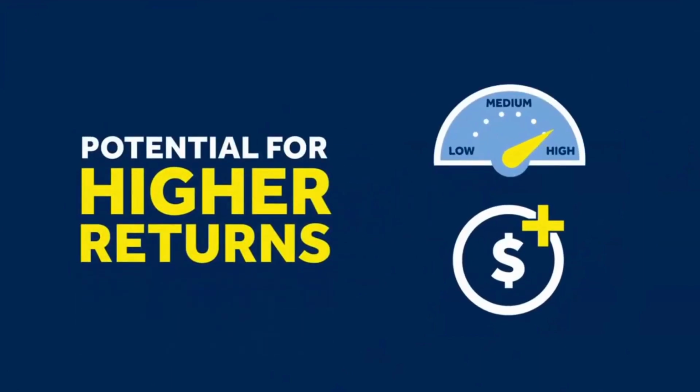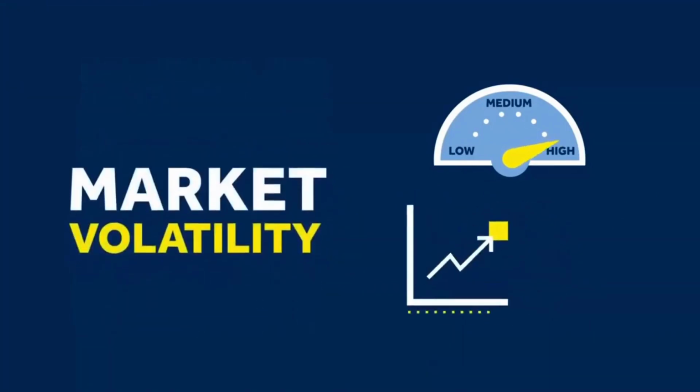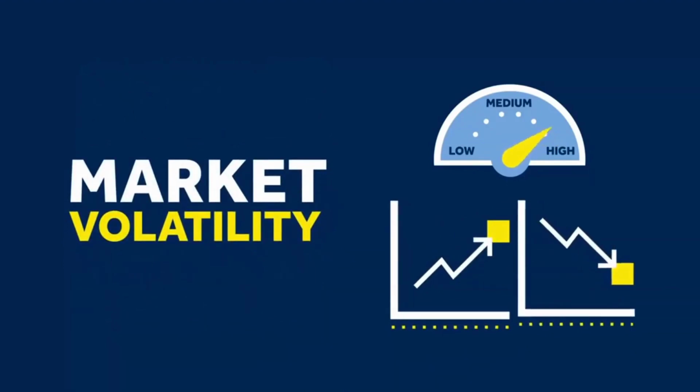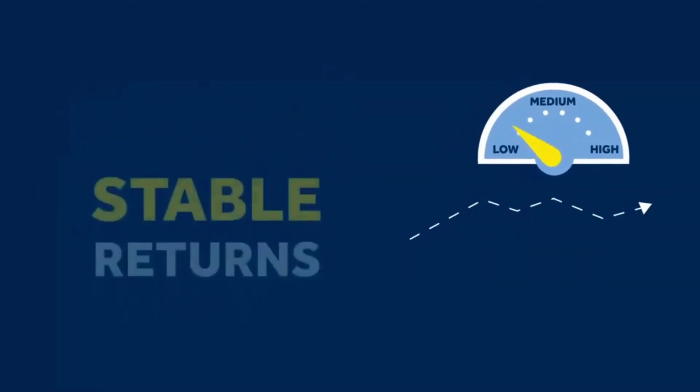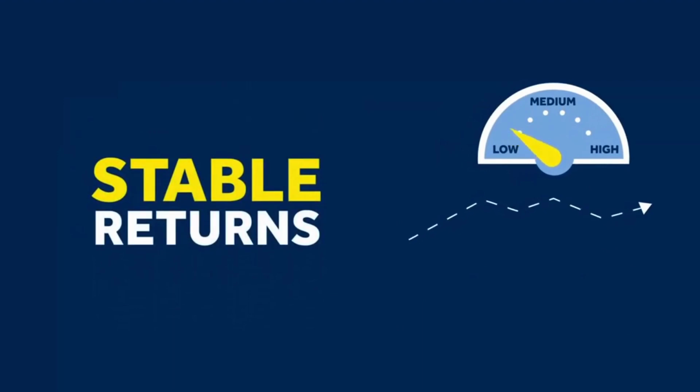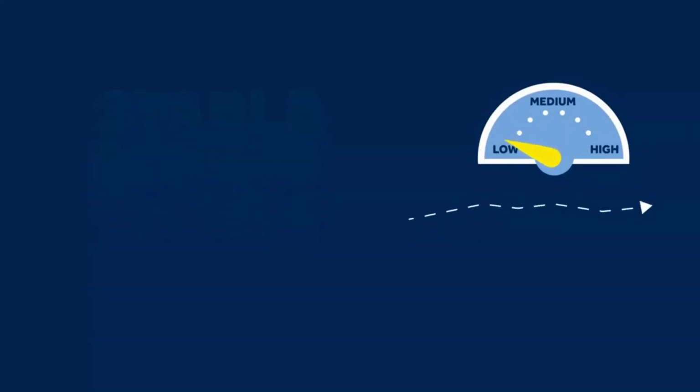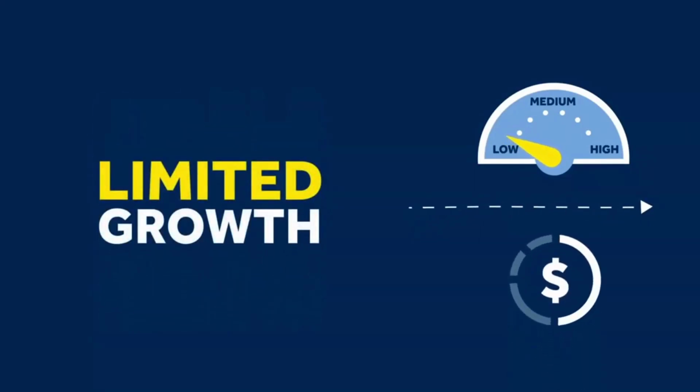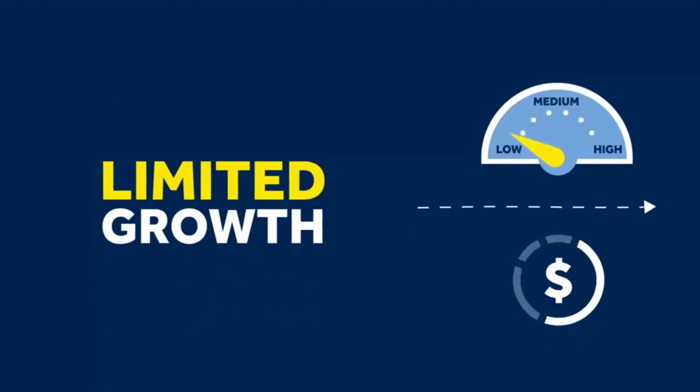Higher risk options have the potential for higher returns. That could mean a larger balance for you and subsequently a higher retirement income. However, they're also more vulnerable to market ups and downs. This means you may not be able to protect your savings from losses, especially in the short term. Lower risk options are usually more stable, so you won't have to worry about big rises and falls in your investment quite so much. Their return potential is relatively limited, so depending on the amount of money invested, the risk is your balance may not be high enough to meet your financial needs.